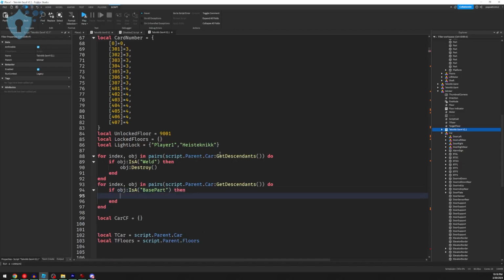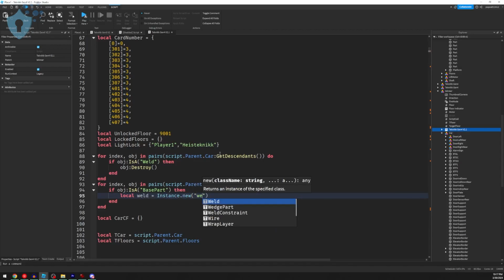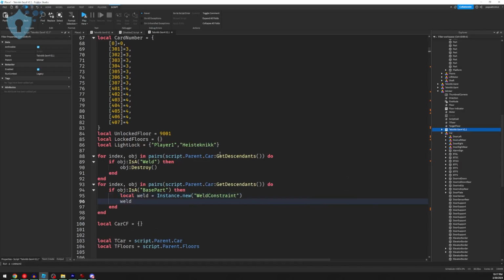Then you would create a local weld equal to Instance.new WeldConstraint, and then weld.Part0 should be